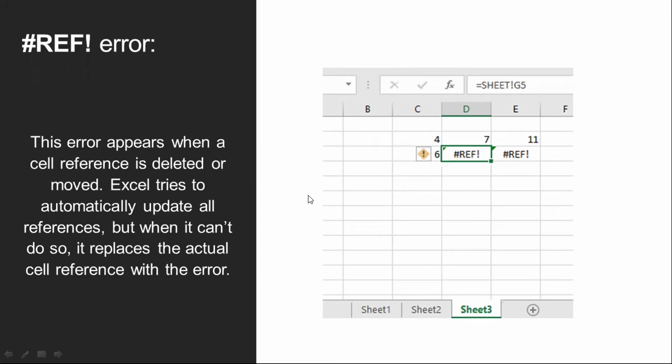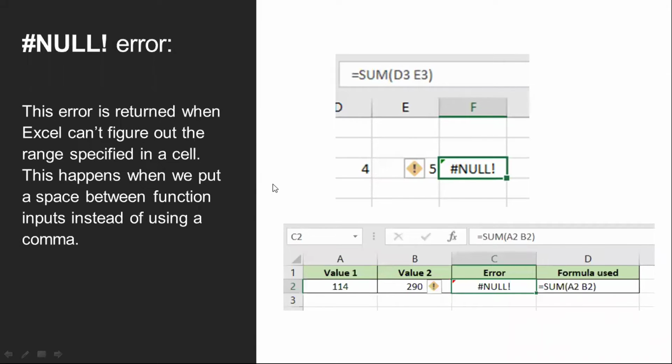One more error is #NULL!. Here I type equal to SUM D3 E3 like this, but I can't give any conjunction.